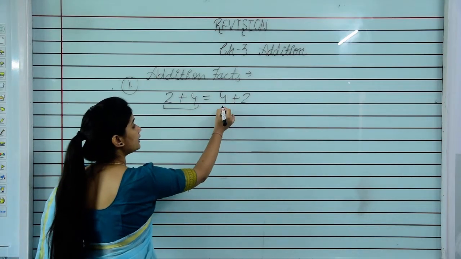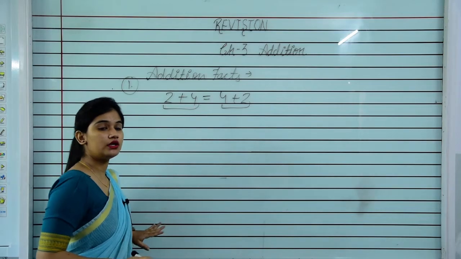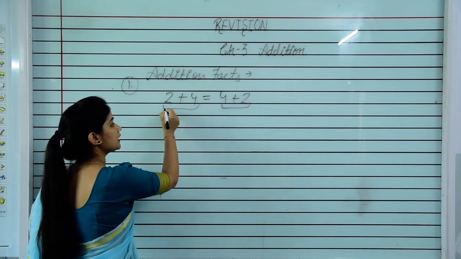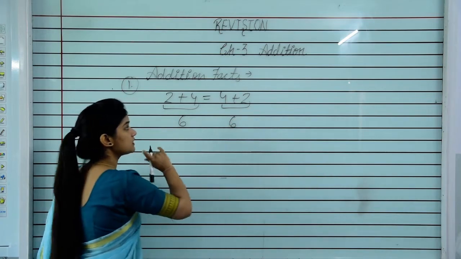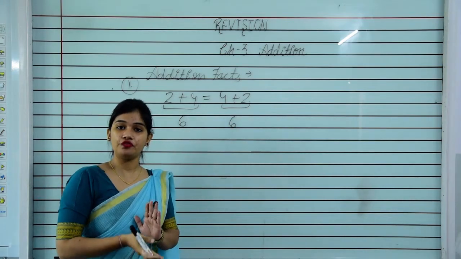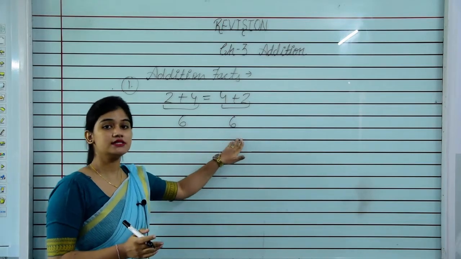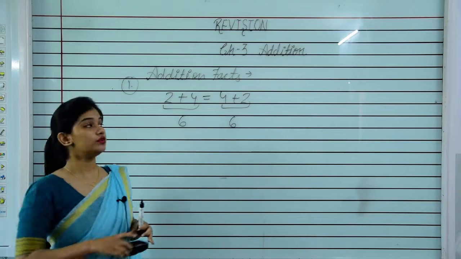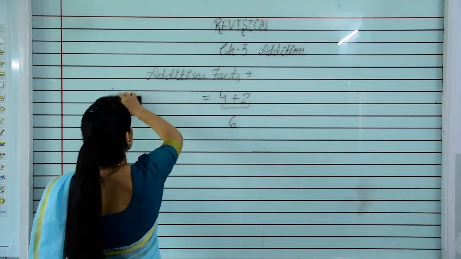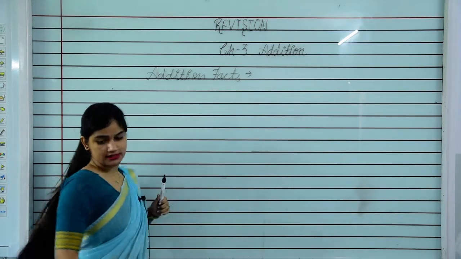If I add these two numbers in any order, the sum will remain the same. 4 plus 2 will be 6 and here 4 plus 2 will be 6. So we are doing 2 plus 4, 4 plus 2, the sum will remain the same. Understood? This is the first addition fact. Now we move to the next one. And the next is,